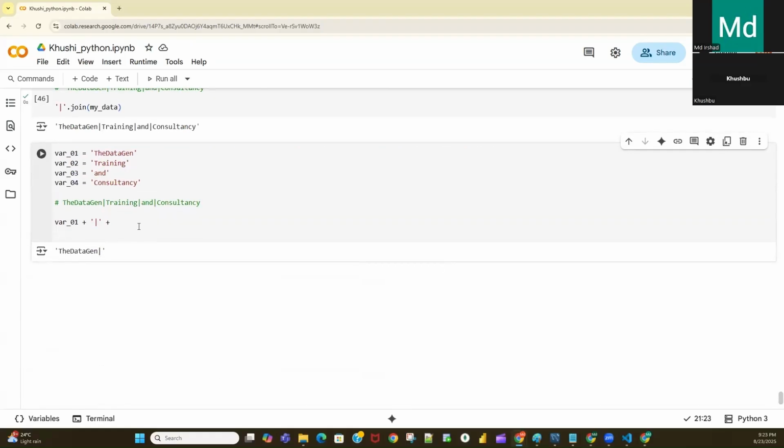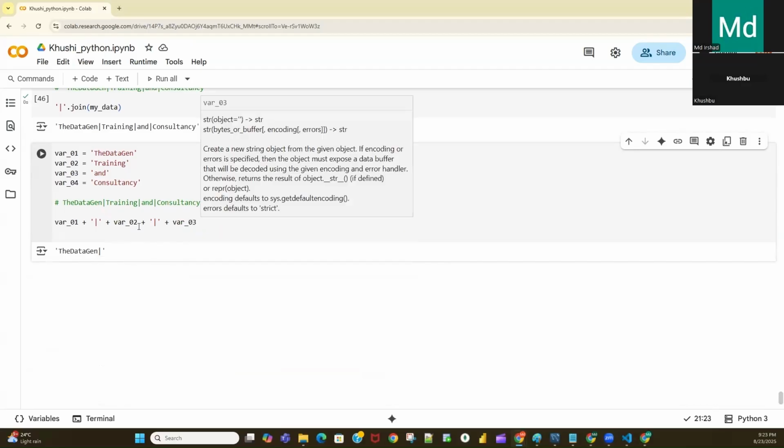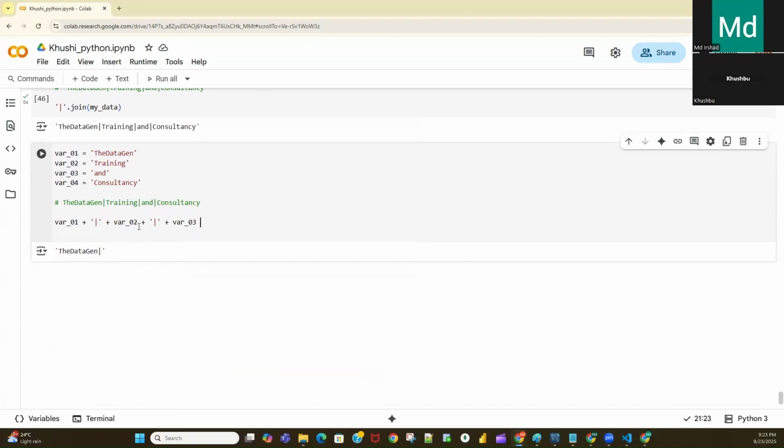Then again plus, then var 2, then again plus, then again the pipe symbol, then again plus, then var 3, then again plus, then the pipe symbol, then again plus var 04, and then execute the code. Your data will be concatenated like this. This is the first way, by using the plus sign.